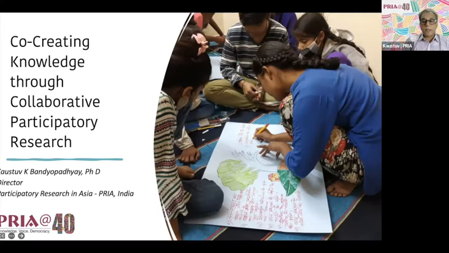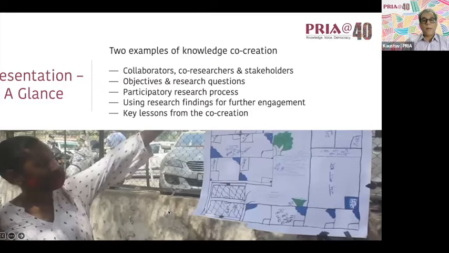In this presentation, I will share two examples of knowledge co-creation, both in the Indian context. In both the examples, PRIA was the lead research organization, but partnered with a whole range of knowledge institutions. And most importantly, it partnered with local urban poor communities residing in various informal settlements in the national capital region